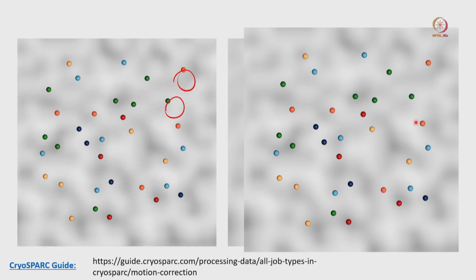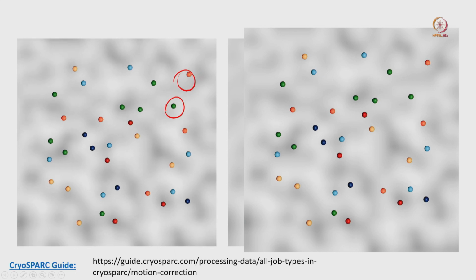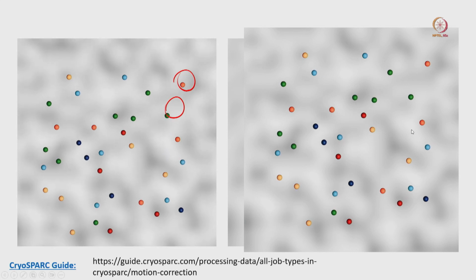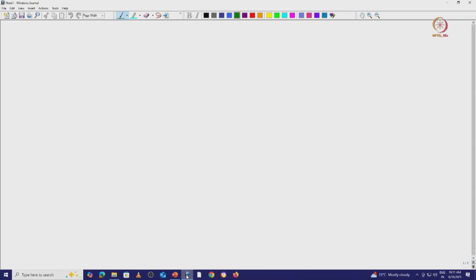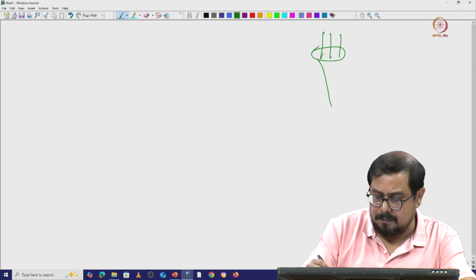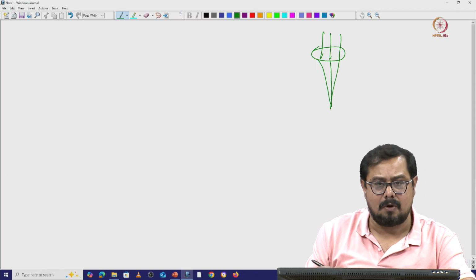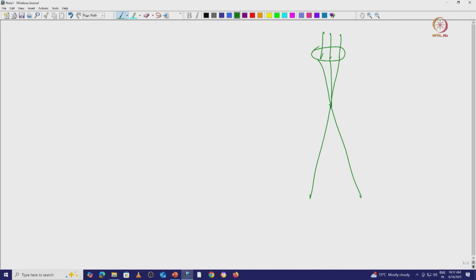So one thing we all have to remember, that whenever we are doing those tasks, we are always looking for a high frequency signal, and that high frequency signal should not be deleted from our images. So here I just want to show you one thing. If you recall our previous discussion, when we have a sample, before the sample we have a parallel electron beam, and then all this parallel electron beam will go through this particular point, and then they will come here, converge in a particular plane, and it will give us an image here.